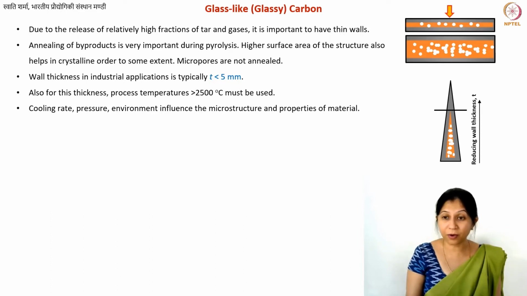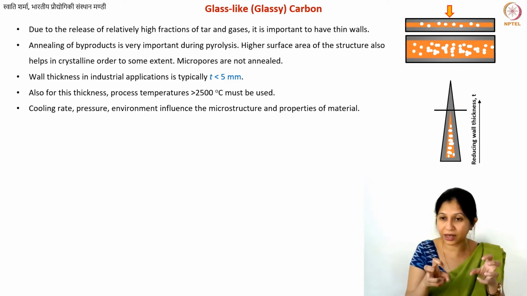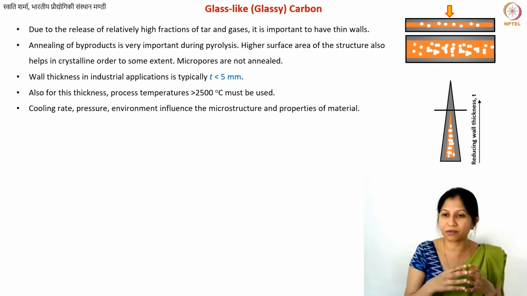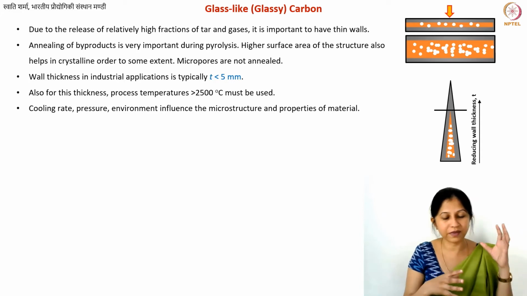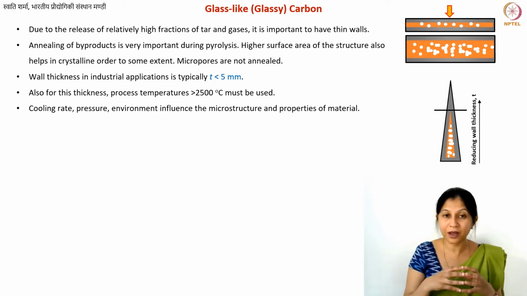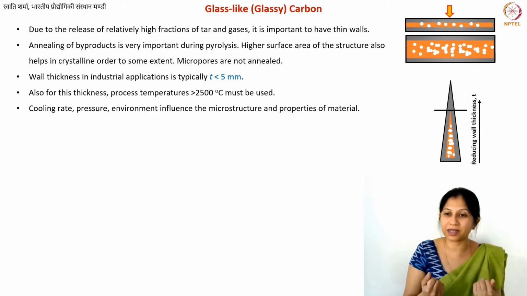So you can also perform this heat treatment under pressure. What will happen when there is pressure? Whenever you have high pressure, you need to use lower temperature. That is generally the case. You can also see it from the phase diagram that you always have this relationship between pressure and temperature. So if you can use the higher pressure, then you can get the same properties at a slightly lower temperature. But slightly lower, you cannot go too low. So this is one more parameter.